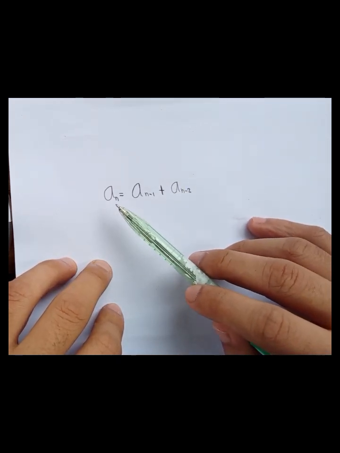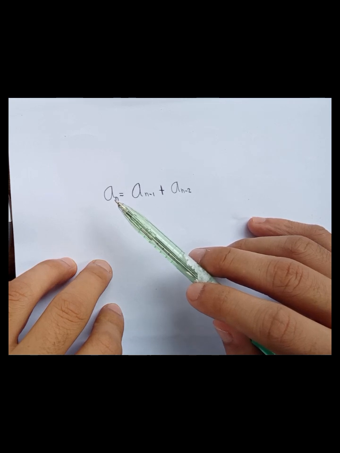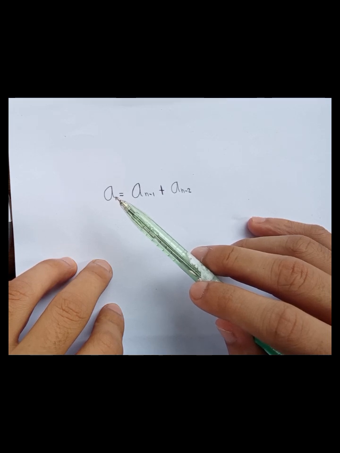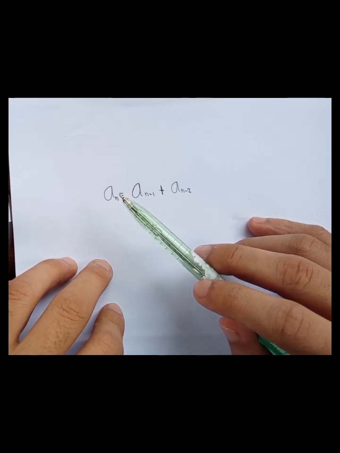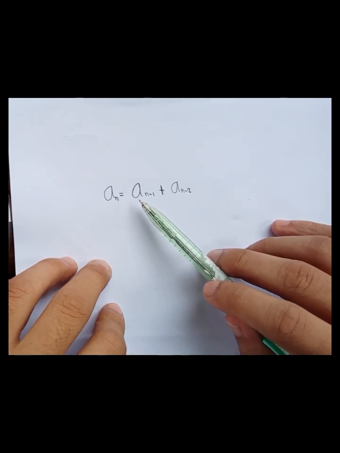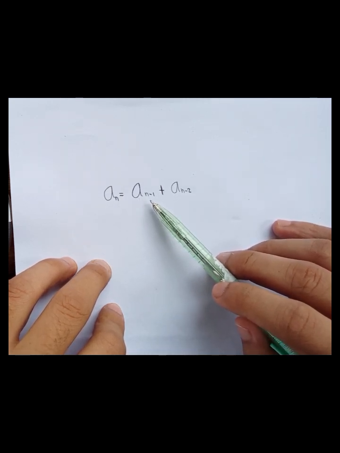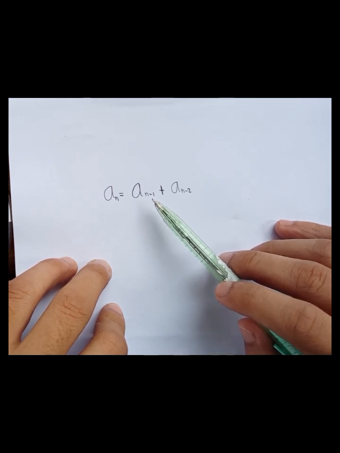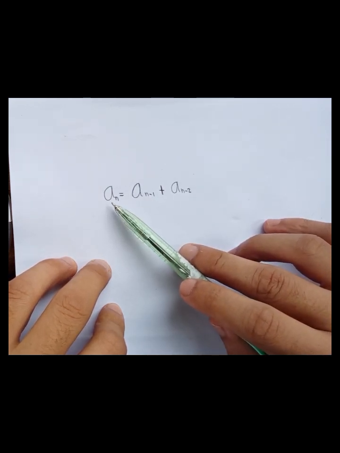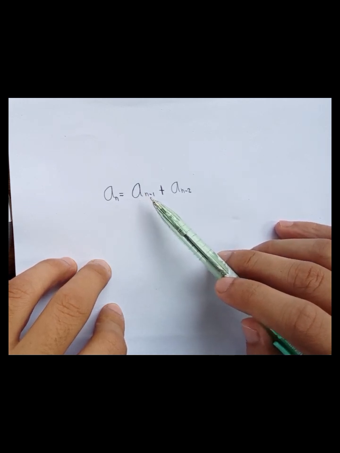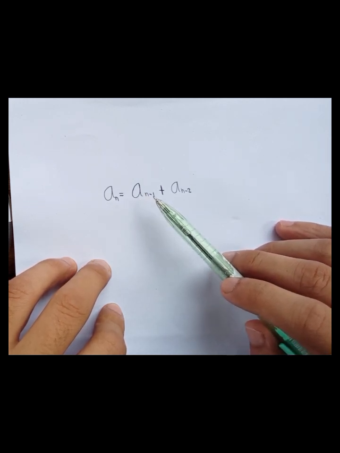a sub n is the number we want to find out. It is a whole number. It can be 0, 1, 2, 3, and 4, and so on and so forth. Where a sub n minus 1 is the number one step before it. For example, if a sub n is equal to 5, then a sub n minus 1 is 4 because 4 is the number